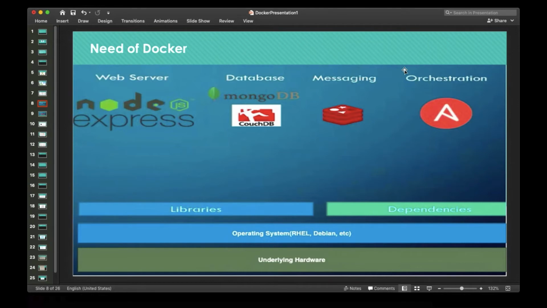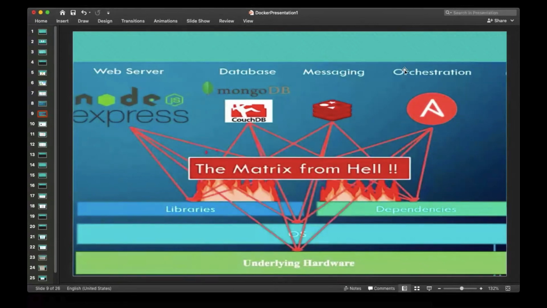So in this form, this reduces the utilization of your resources or memories. And similarly, in the earlier times, whenever we deployed all these applications into one single virtual machine,